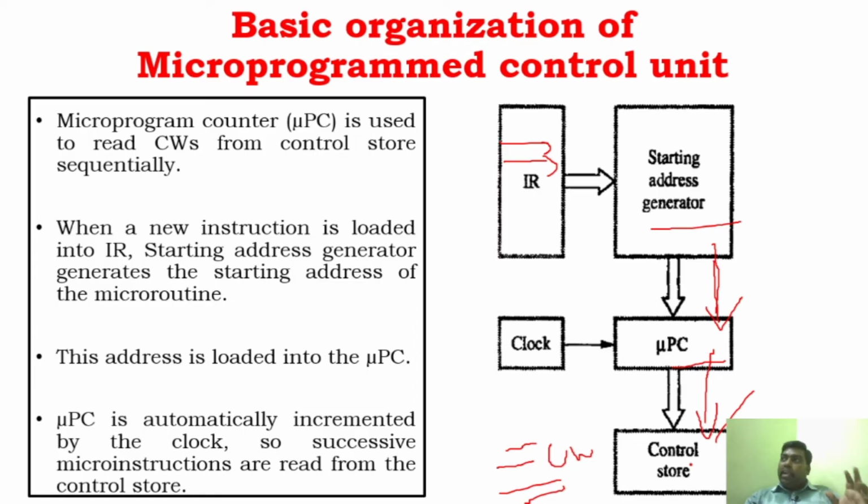The control store will have the list of programs, and for every clock cycle the control word will be fetched from the control store, one by one, sequentially. In order to do that sequentially, we are using a clock signal here. For every clock cycle, one control word is fetched from the control store. And based upon this control word, the zeros and ones, the control signal will be generated.